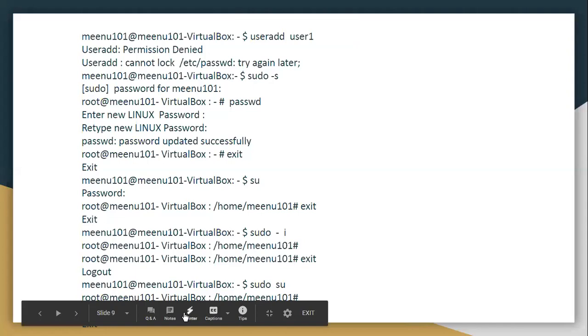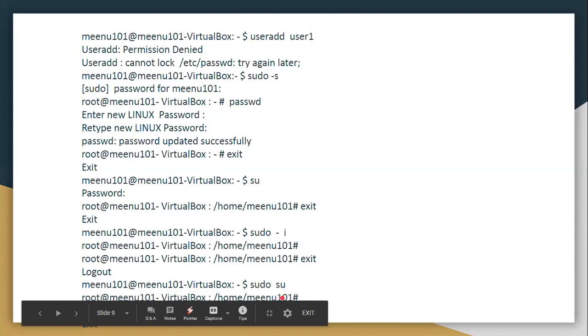Fine. Now see this one. I write it here sudo su. Now sudo is super user do. What it has to do is switch your account from Minu101 to my root account, and not ask me the password.